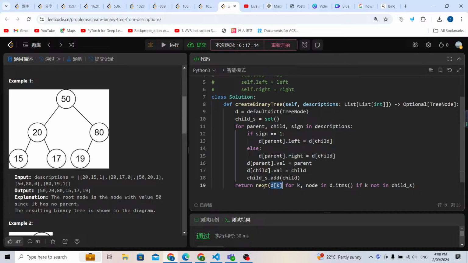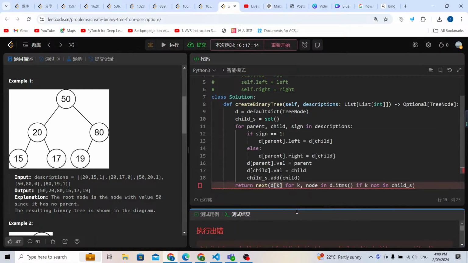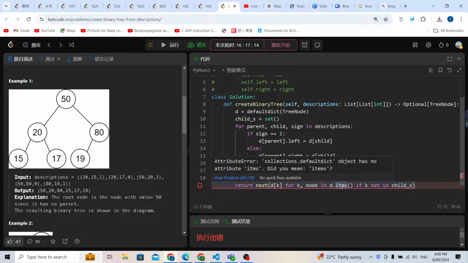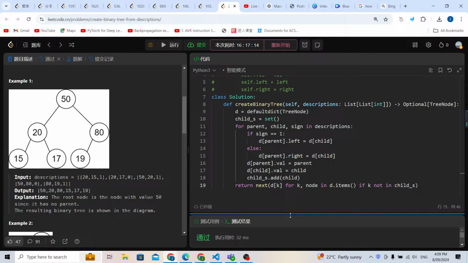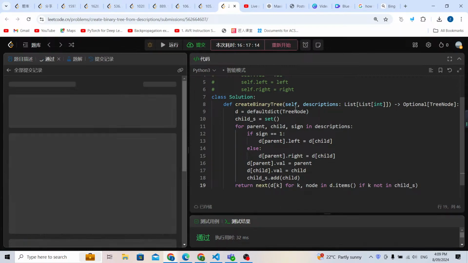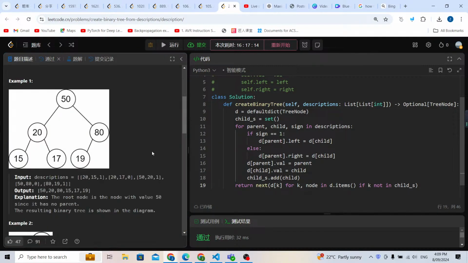Yeah, but we use next. It means it's going to be the first value, the 50 node. Now let me just run it to check. I did something wrong. It should be items. Yeah, as you can see, it works and it's pretty fast, and the time complexity and space complexity are going to be